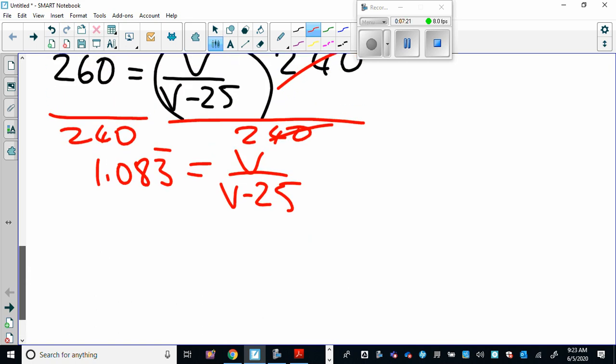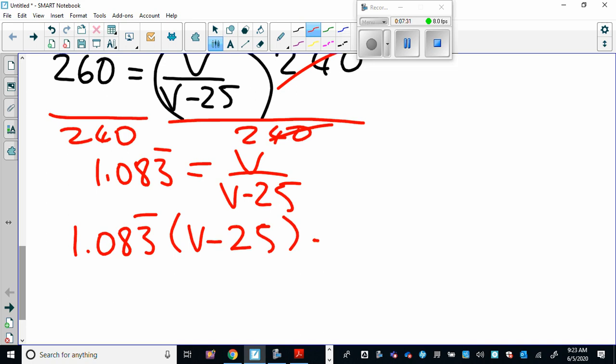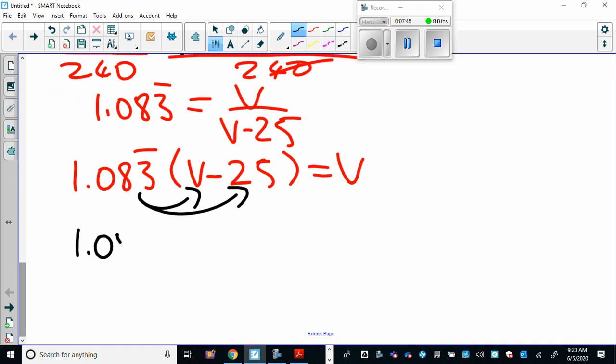Equals that. And then we're going to cross multiply. So then you're going to get 1.038 repeating times V minus 25 equals V. And then you are going to proceed similar to the manipulation. You're going to distribute: 1.083 repeating V minus 1.083 repeating times 25 equals 27.083 repeating